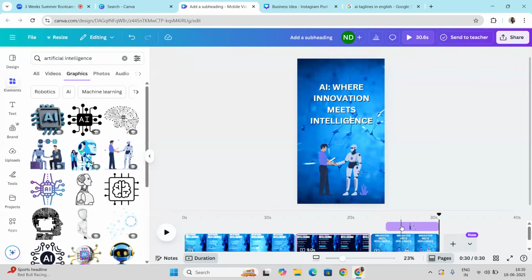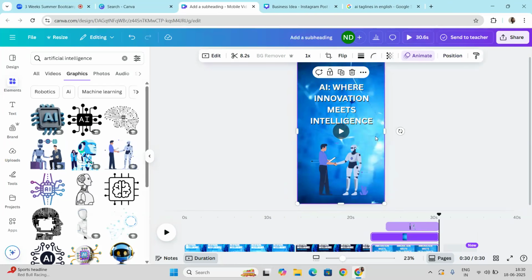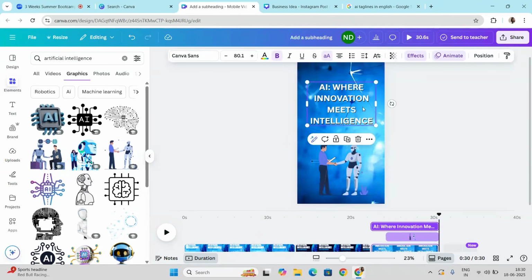So you can see the timeline of anything, like if we have placed any text, graphic, or image over it. Like on the background you have placed any elements, you can see the timings. This is the video timing, over that this is the graphic timing, and even if you scroll up or click on this text button, you can see this timing as well. You can even manage this timing.